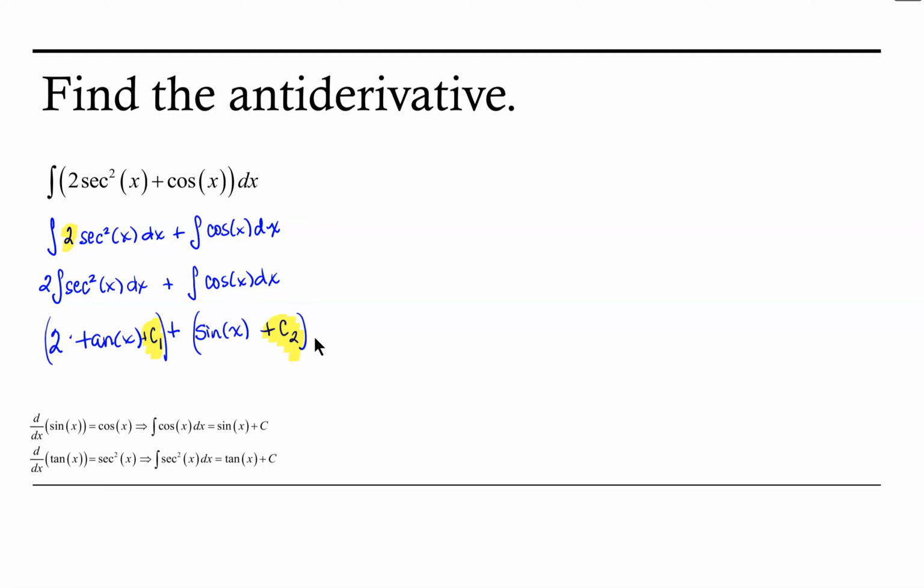So we simply combine them, and we say that our antiderivative is 2 tangent of x plus sine of x